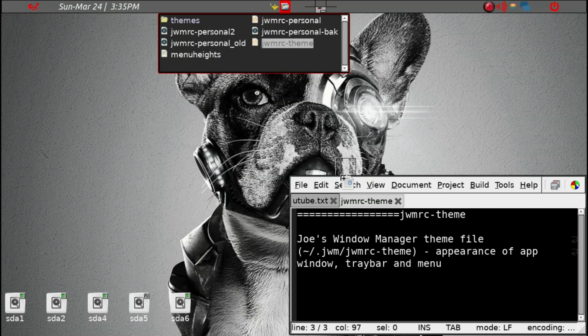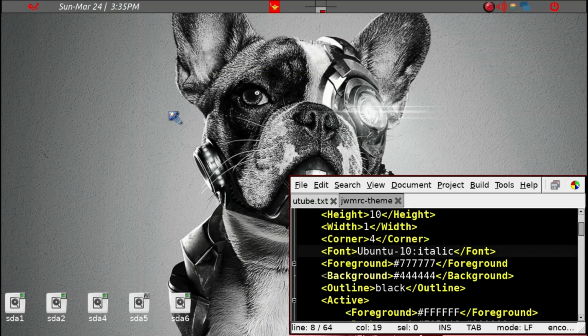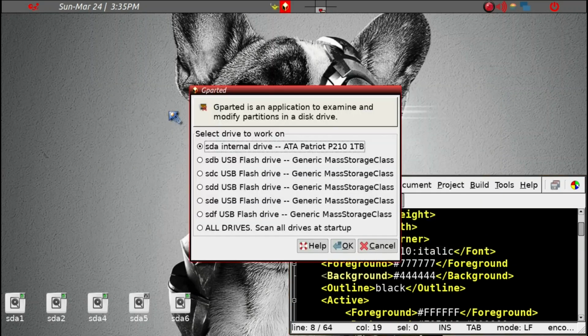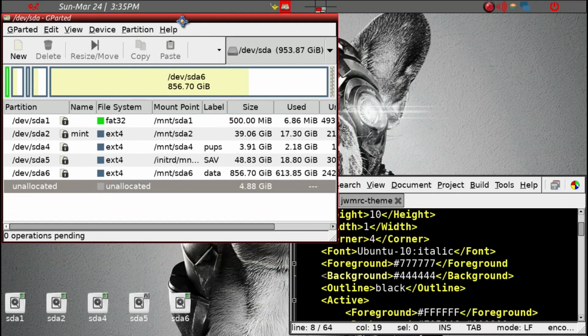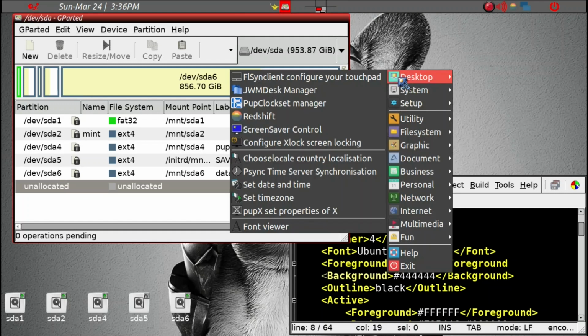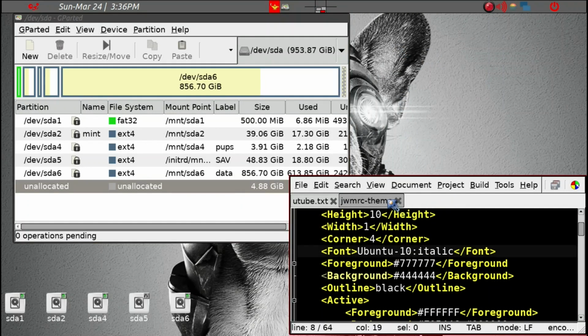This theme file is mainly responsible for controlling the appearance of an application, such as a popup, for example, and the appearance of these windows. It also controls the appearance of the tray bar here, along with the menu system here. And I'll cover that briefly here. And I've loaded up